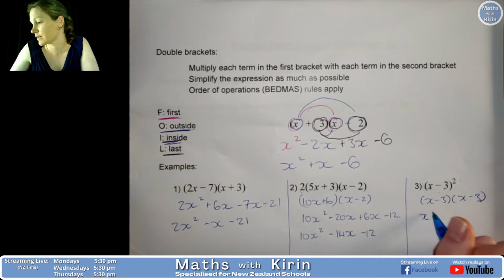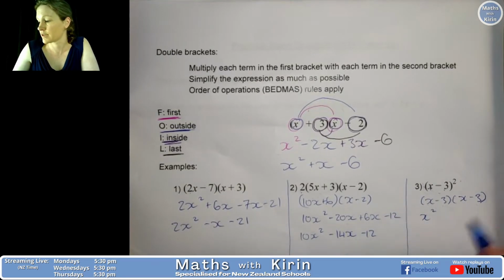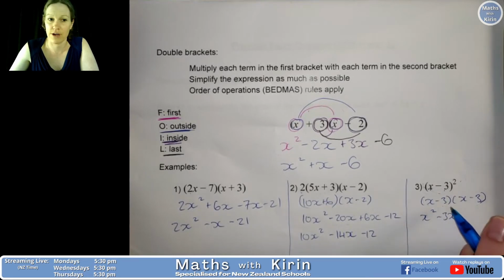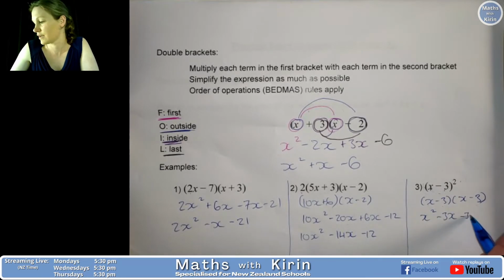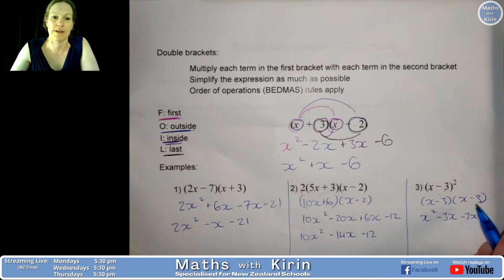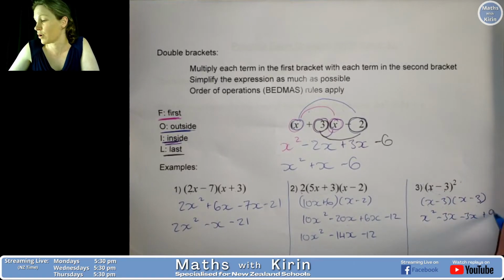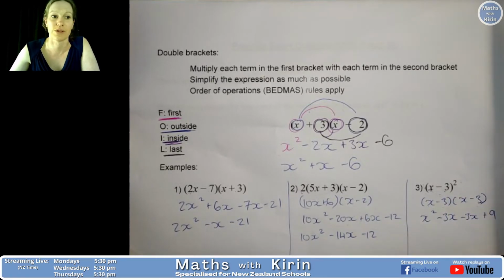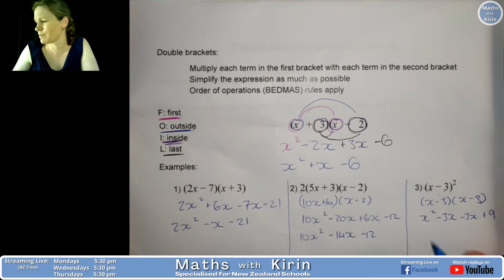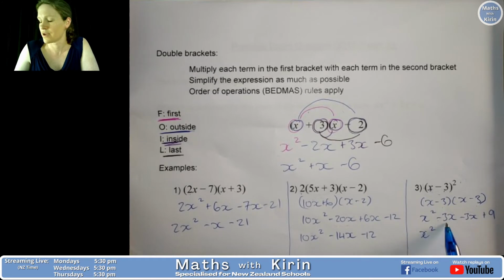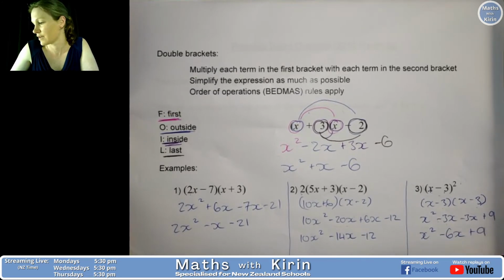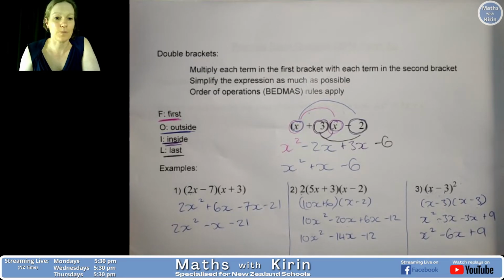So x times x is x squared, x times negative 3 is negative 3x, and then negative 3 times x, negative 3x, and then negative 3 times negative 3 is positive 9. Again, just be careful with those negatives. Don't get caught out by those. Simplifying in the middle, we've still got our x squared, minus 3x minus another 3x gives us minus 6x, plus 9. Okay,